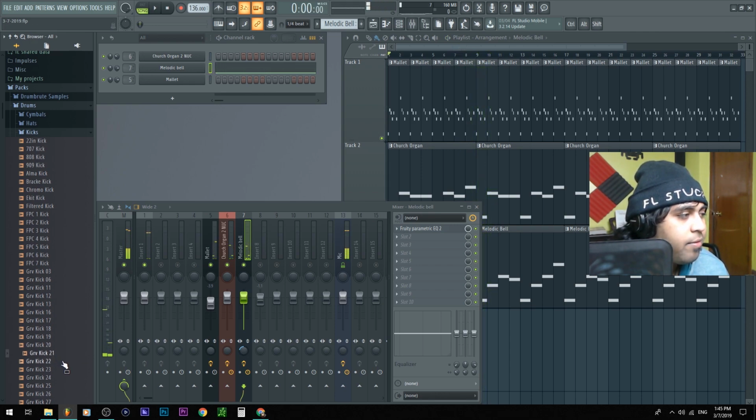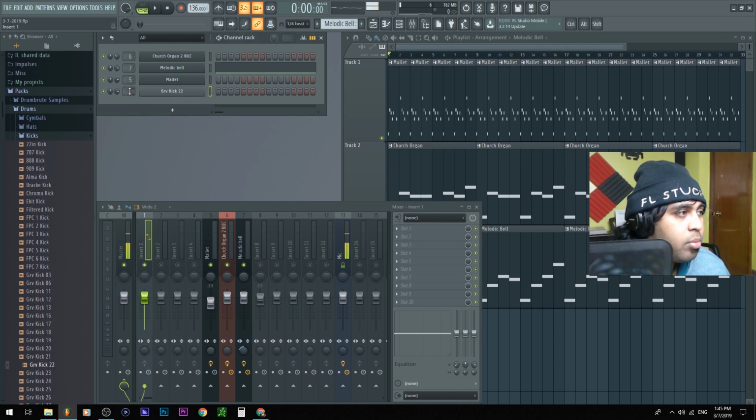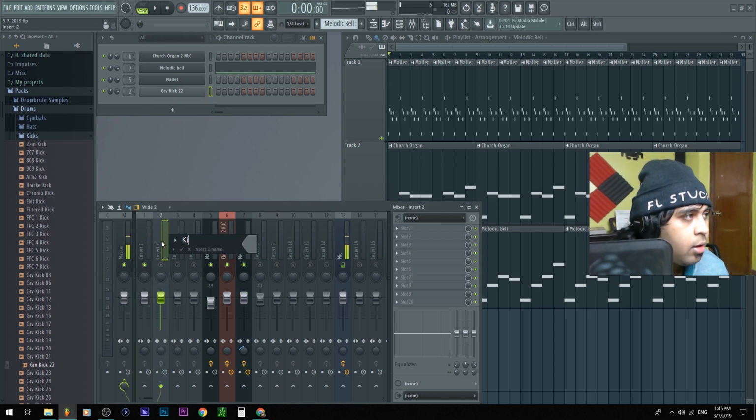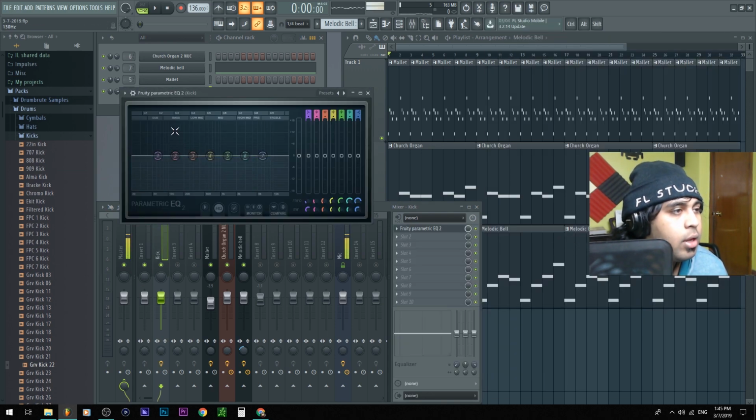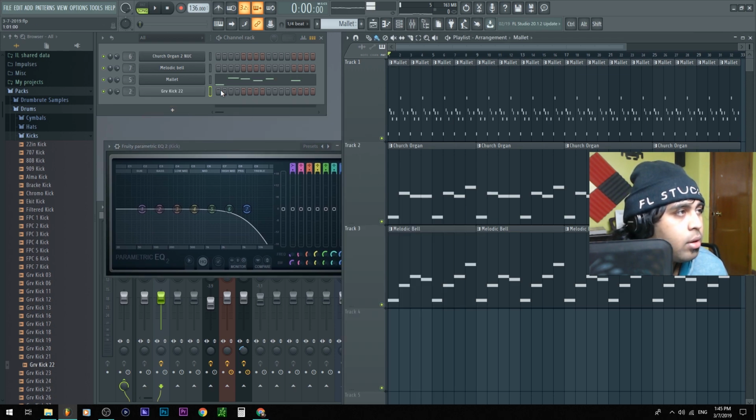I'm trying to find a sound that feels good with it, by the way, like, the kick, it thumps nicely. And remember, if it doesn't sound the way you think it would, or the way you want it to be, you can always sculpt it. So, for example, we could drag this in here, put it in insert 2, I'll name it kick, just like that. Put a parametric EQ, and let's say I don't want too much of that high stuff in there.